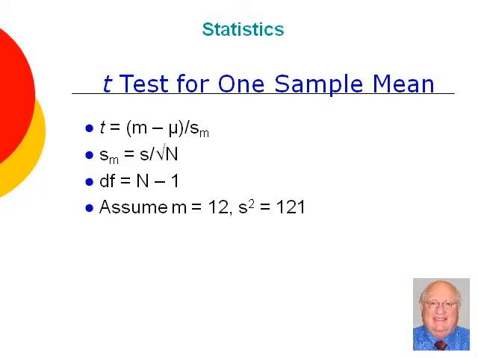If we knew the variance of the population, we could use the z-test to evaluate this hypothesis. But let's say we don't know the population variance. As a result, we'll need to use the sample variance as an estimate of the population variance and the sample standard error as an estimate of the standard error of the mean in the population. The actual formula we use looks very much like the z formula in that we subtract the population mean from the sample mean. But this time we divide